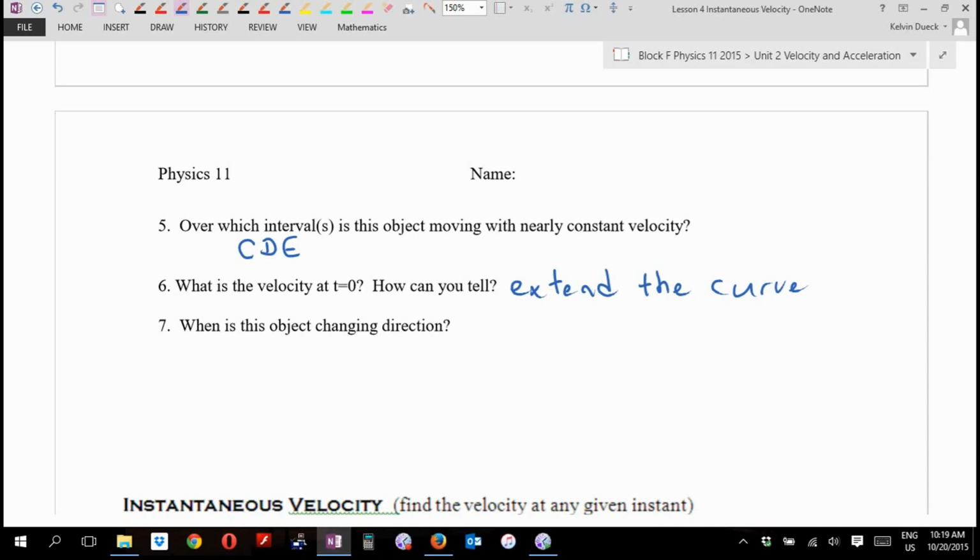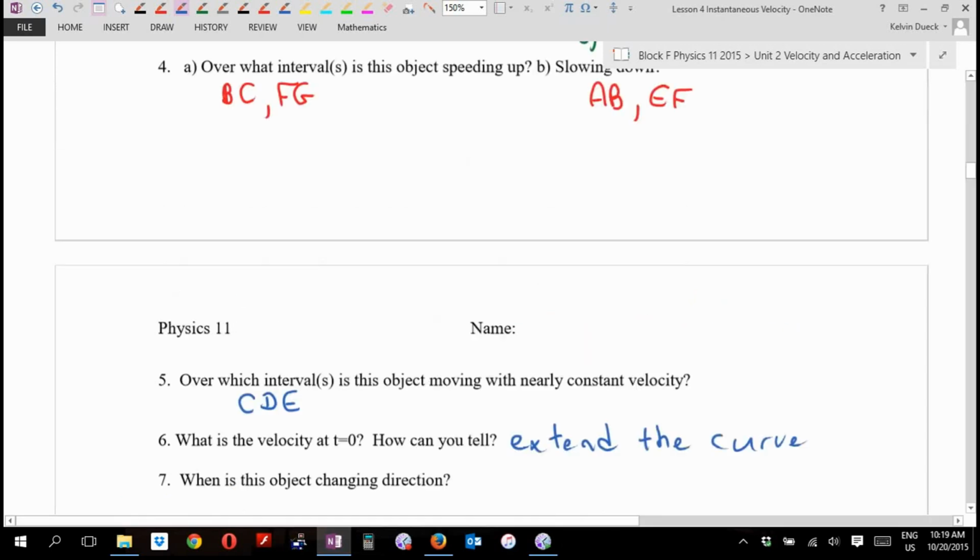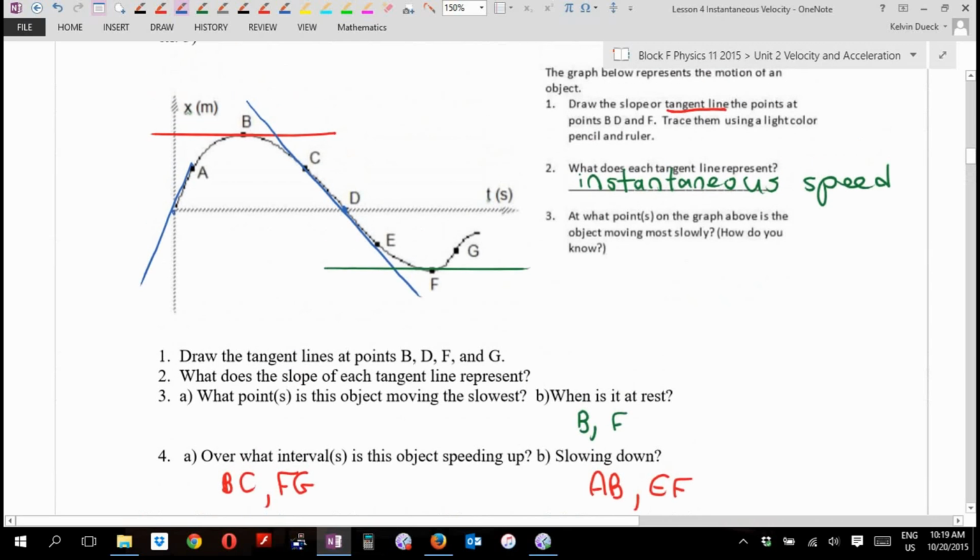When is this object changing direction? Direction comes from positive or negative slope, right? Positive, positive, positive, positive, positive, positive, 0, negative. Oh, you know what? It changed direction right there. Of course, it came to a stop for a split second and then threw the car into reverse. It changed direction at location B. And where else? At location